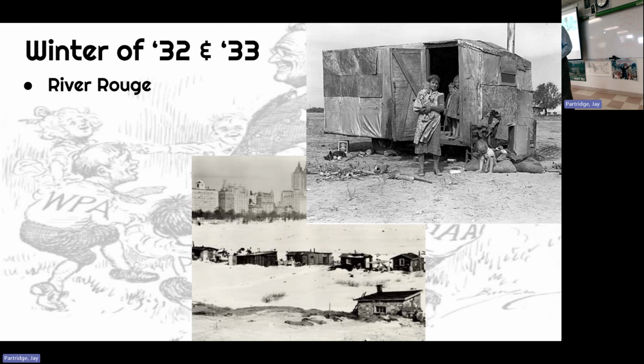They marched on the River Rouge factory and the police and Ford's security, essentially a bunch of thugs led by a guy named Harry Bennett, opened fire and killed or wounded 2,000 workers. They just marched on it because they wanted their jobs back. And Ford also said, why don't you just go look for a job elsewhere? No place is hiring. But that seemed to show a couple things. First off, the uncaring of the very wealthy in the country.